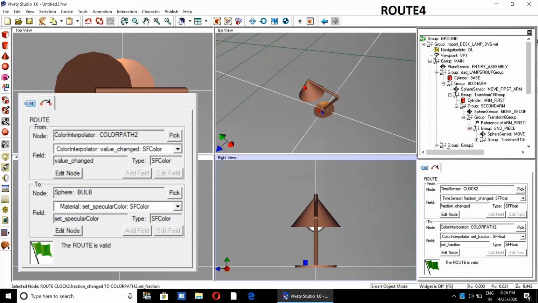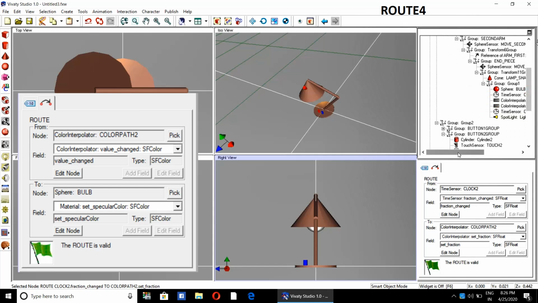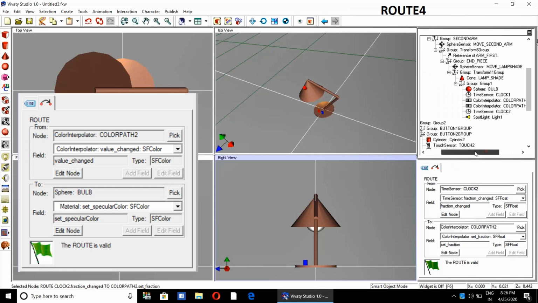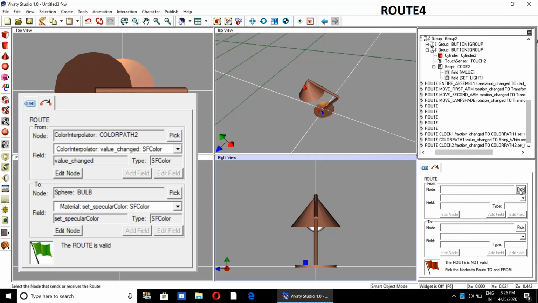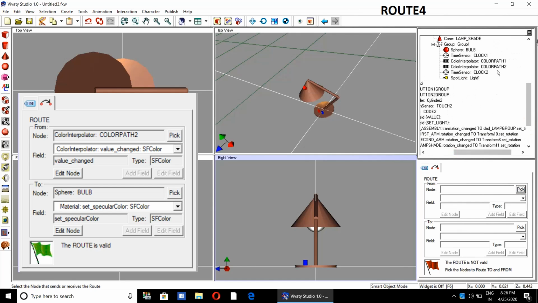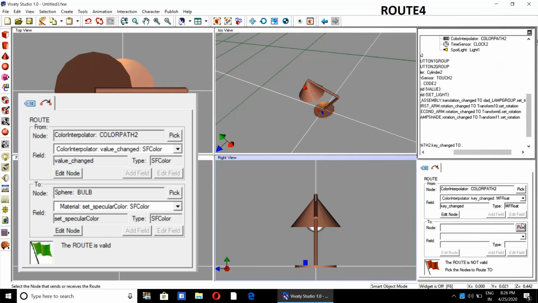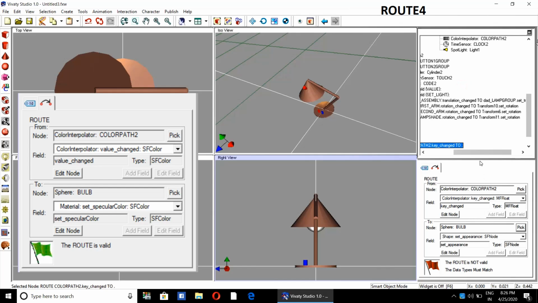Select color path 2 to sphere. Value changed to SF color.